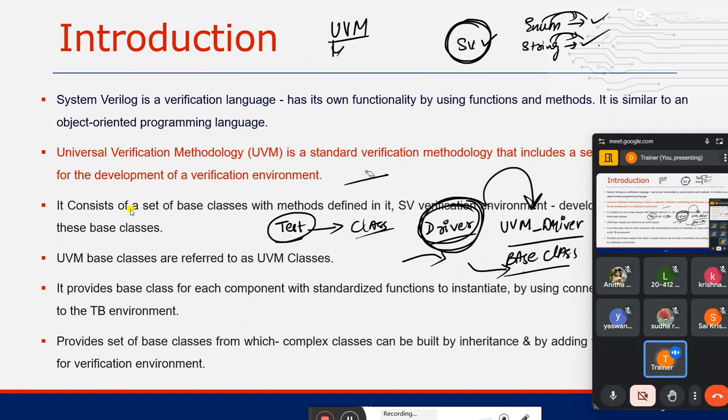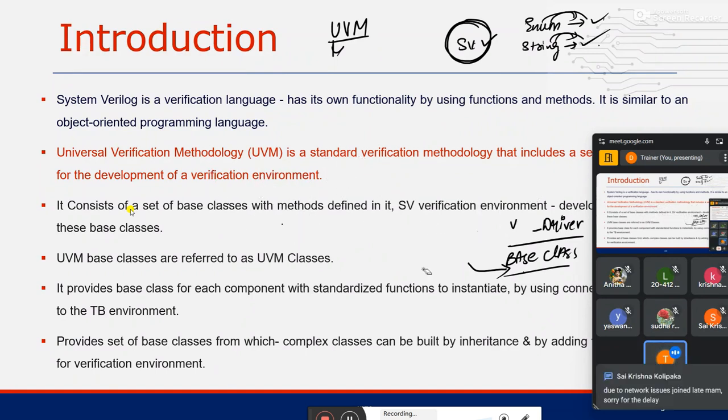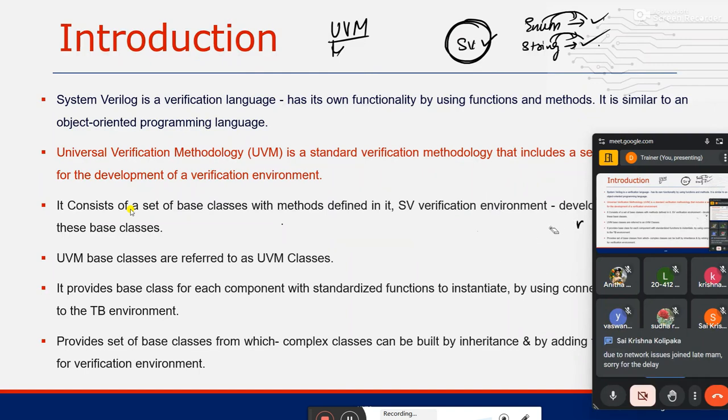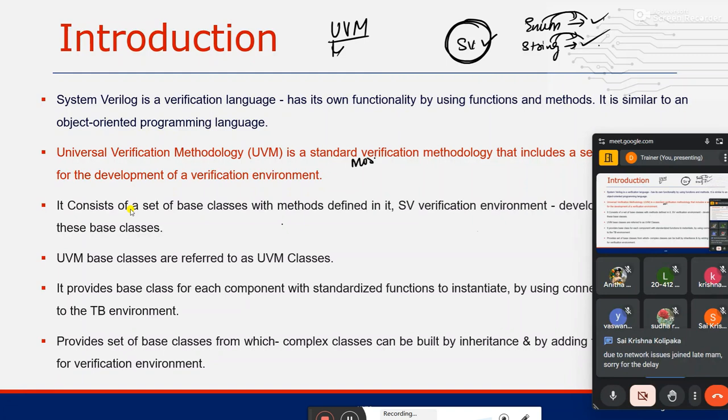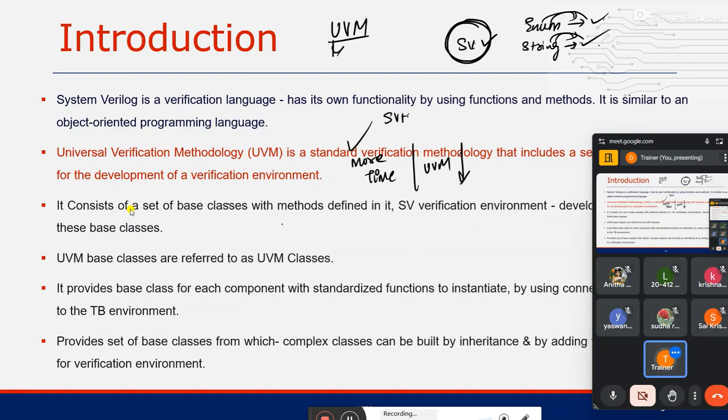Okay, and remember, UVM is now, and without UVM also, with the help of SystemVerilog you can still work. But the problem is SystemVerilog takes more time as compared to UVM, because in UVM, as I told, all the inbuilt base classes are present, correct? So obviously it will consume less time as compared to SystemVerilog architecture. Okay, SystemVerilog plus UVM you can work, or else alone using SystemVerilog also you can do the project.